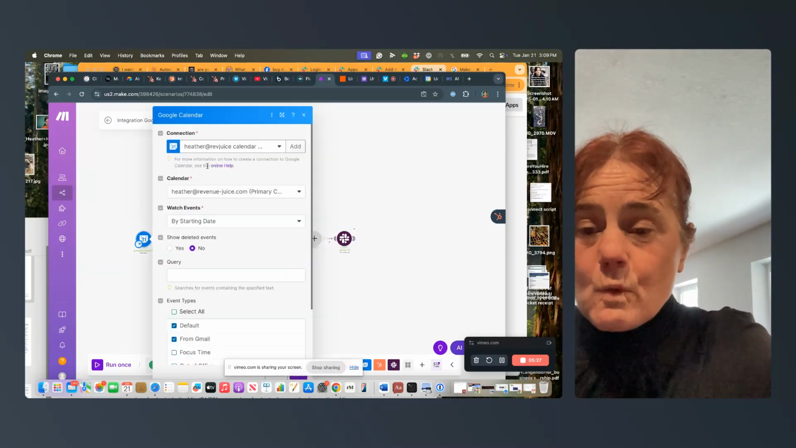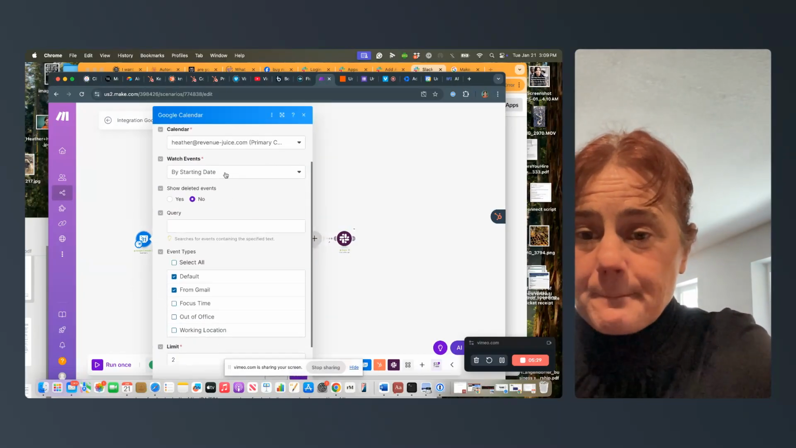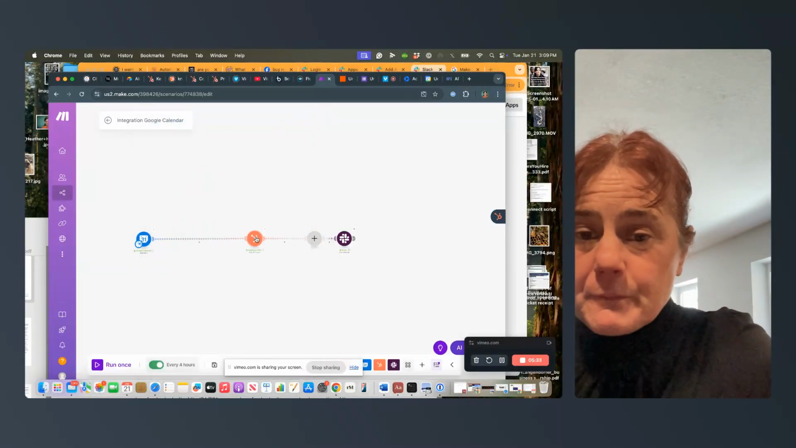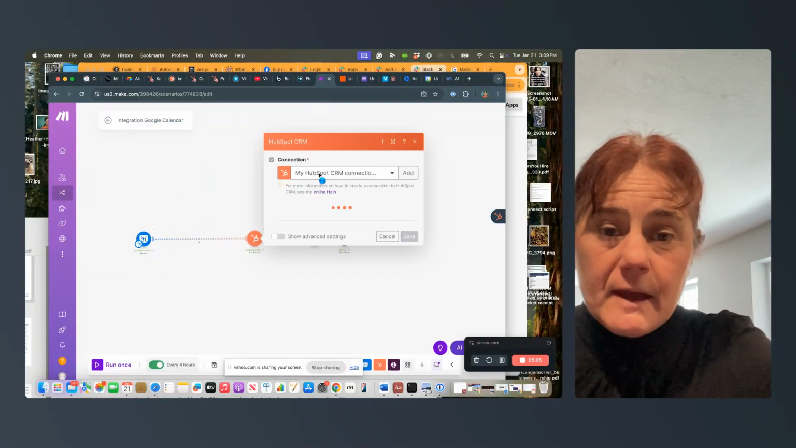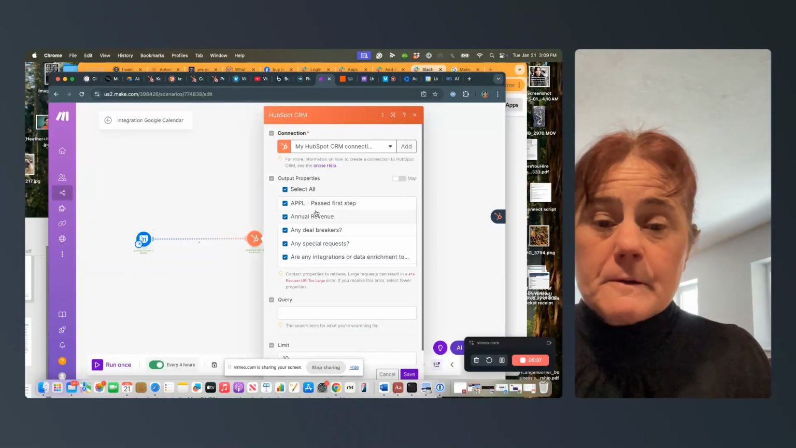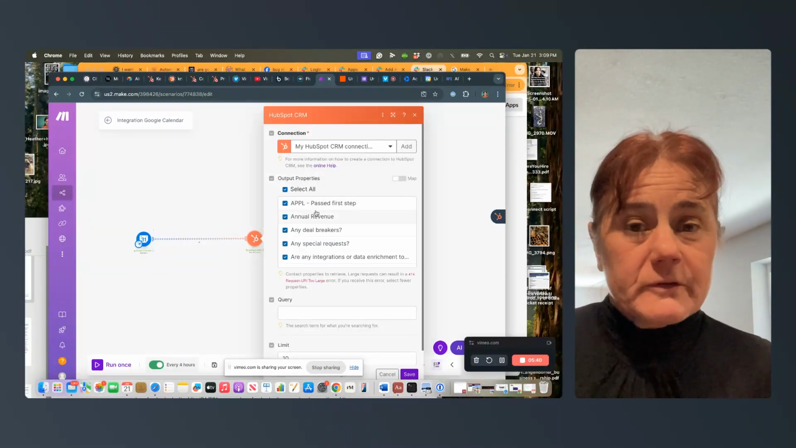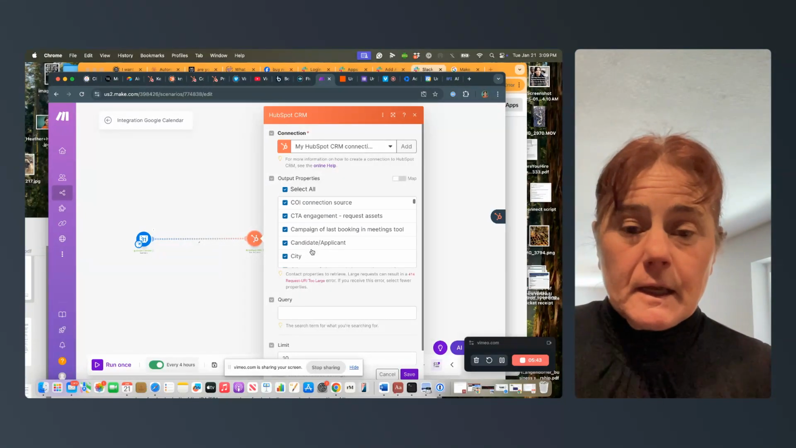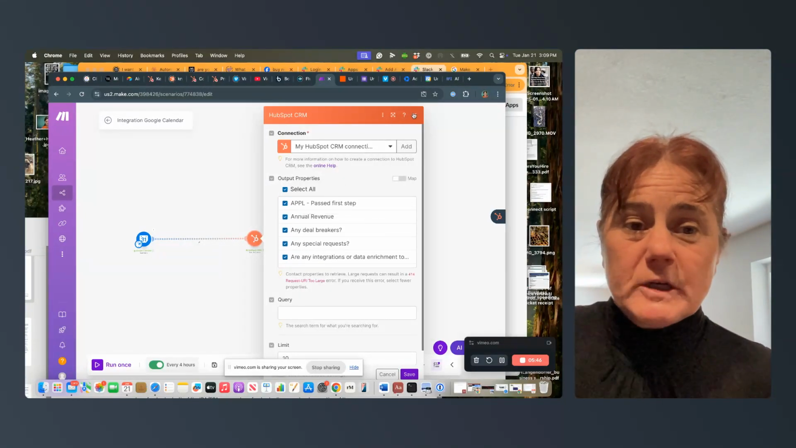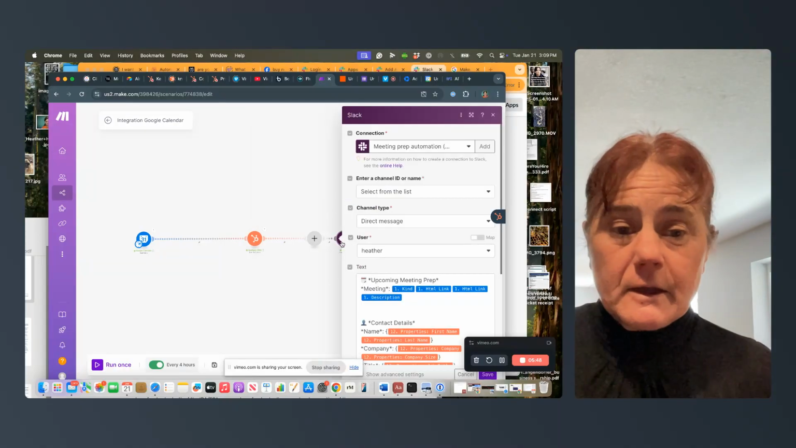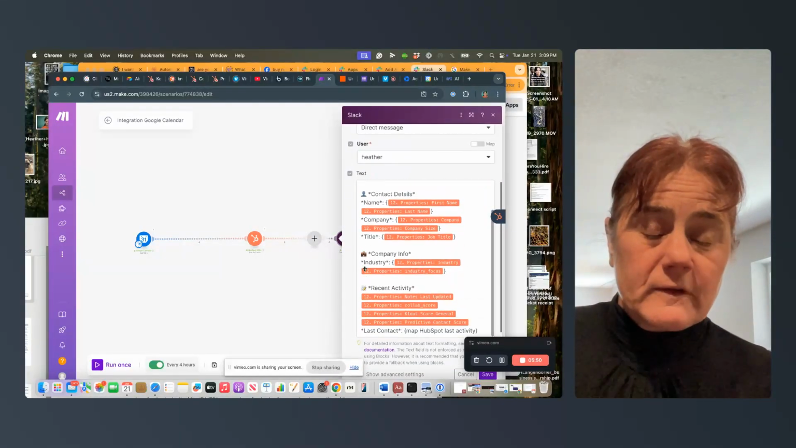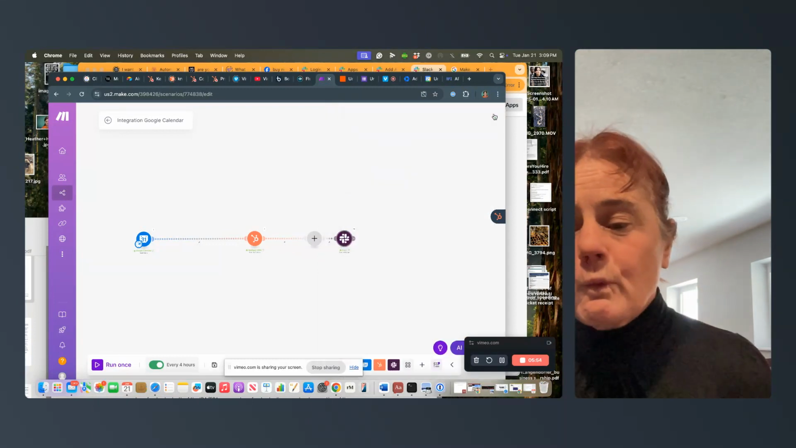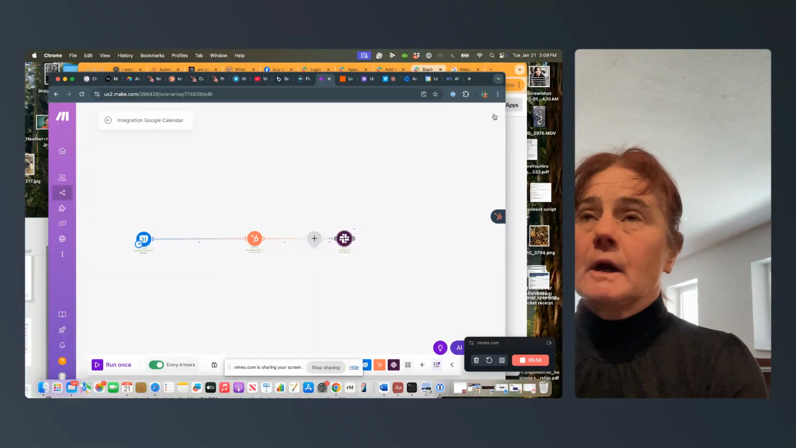So when there's an event, by starting date, what types of events, and then it looks for the contact in HubSpot, and it can pull this information in, and then it can create and send a report using that information into my Slack channel. Now, we got through this, and then I realized that